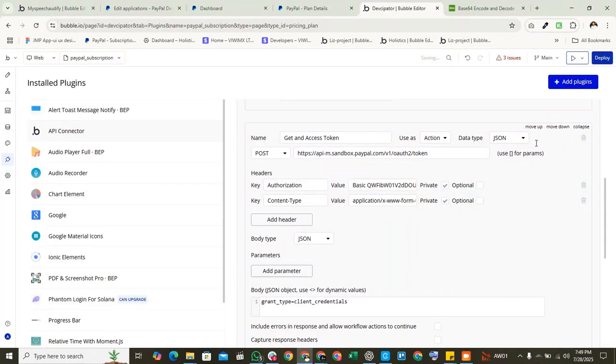So after setting up the whole PayPal, what we will need is to set up this API connector with some API calls. And the first API call that we will need is the get an access token. So with this get an access token, we will need is to post request with the URL, this one, and authorization header with the basic. And this part is basically